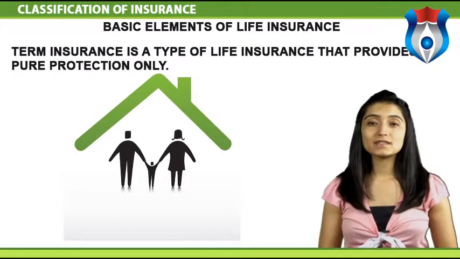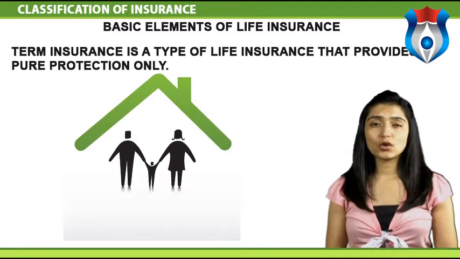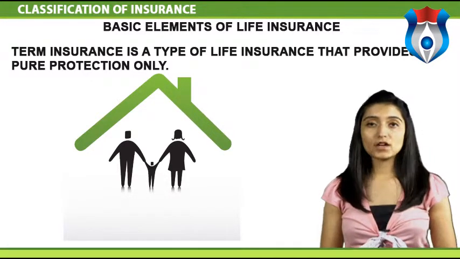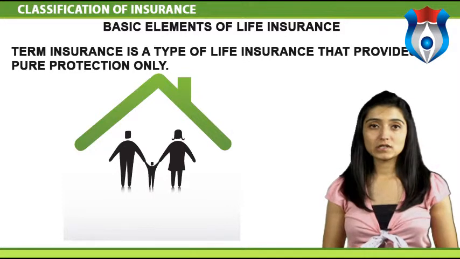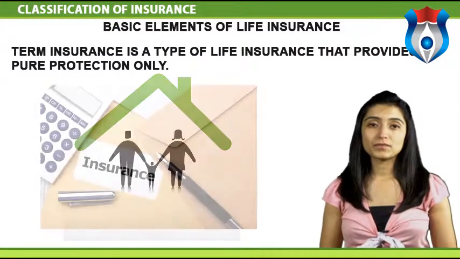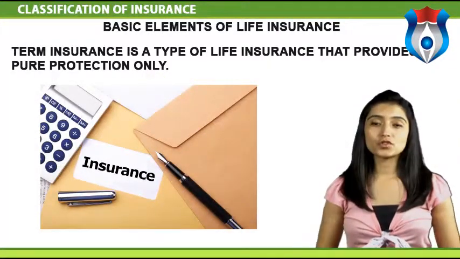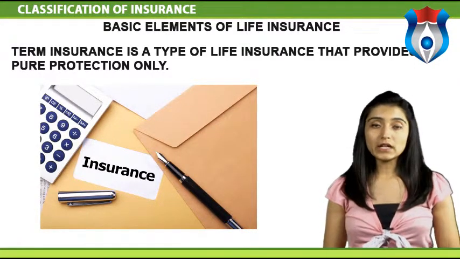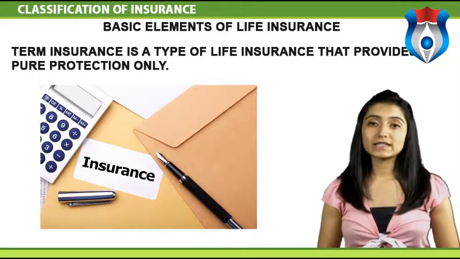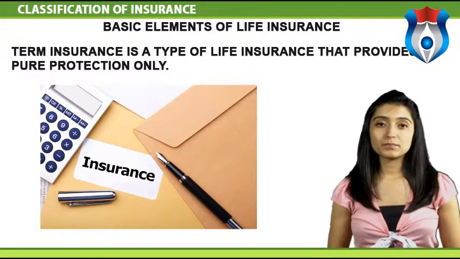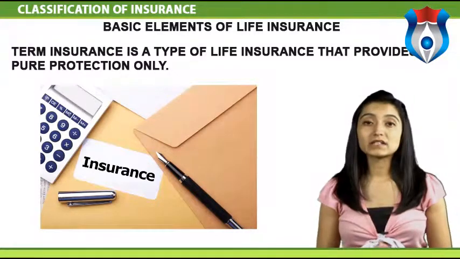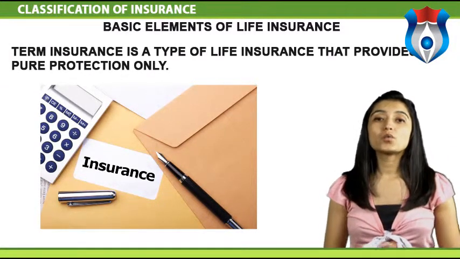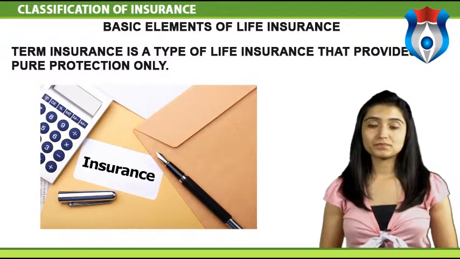As the name suggests, this policy covers the insured for a certain term or period of time. At the end of the term, the coverage stops unless the policy is renewed. The simplest form of life insurance protection is annually renewable term insurance. The owner of a term life insurance policy can continue protection for additional terms, but as he or she grows older, the premium per unit of coverage will increase for each new term.